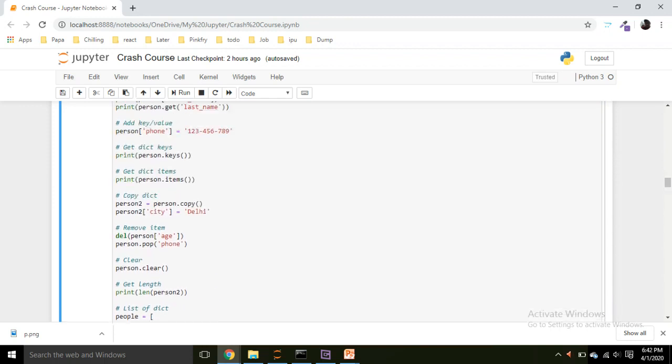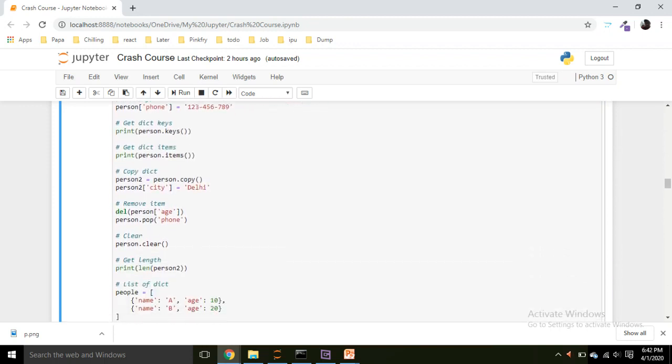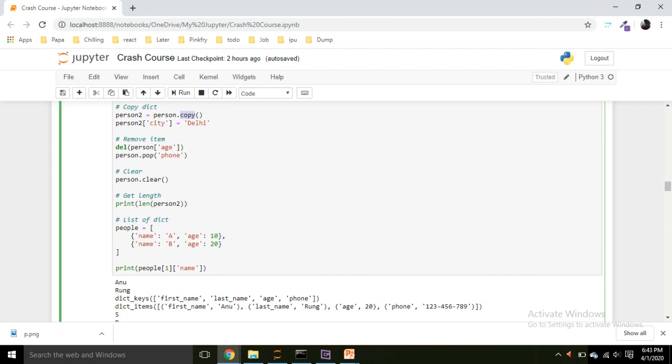Okay, then we can copy our dictionary into another variable, and we can create a list of dictionaries, which is similar to an array of dictionaries. Okay,